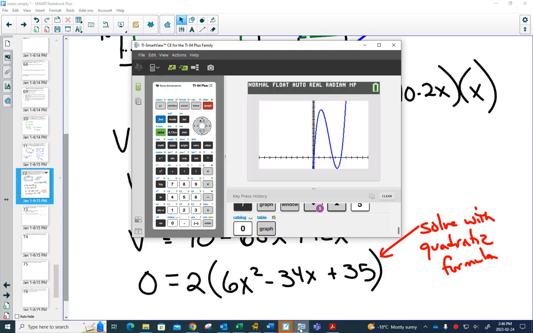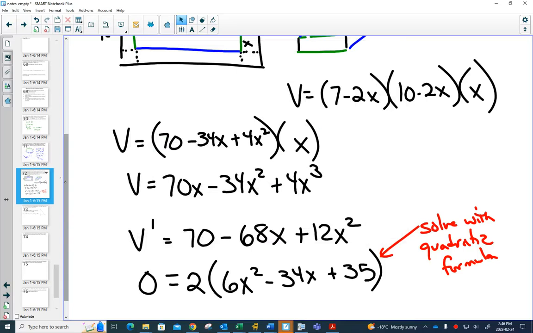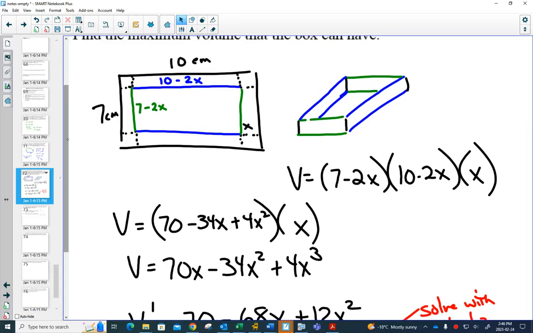Notice there was one side that started at 7. If I cut more than 3.5, that side is gone. There's no square left. So really, the only part of this graph that makes sense is the domain